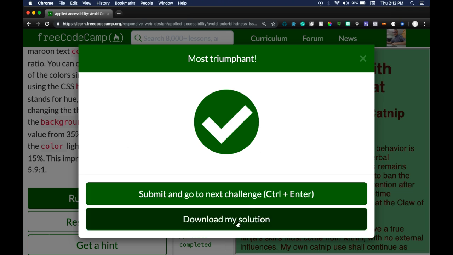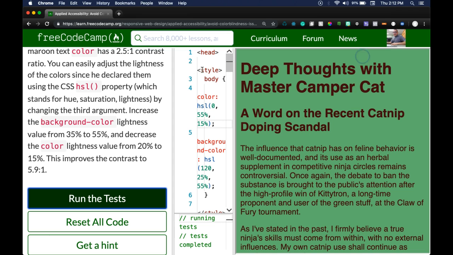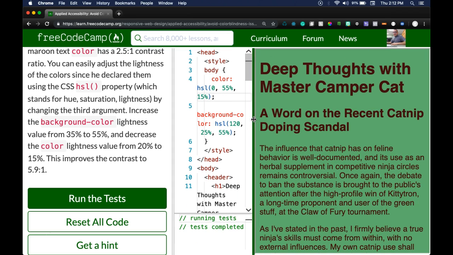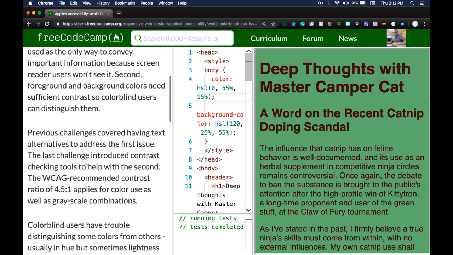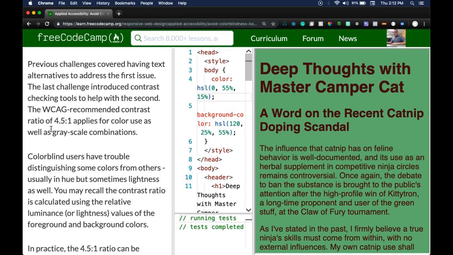And we did pass. Important. These last few lessons have really been improving color and visibility, and again here we're helping those who are colorblind. So as long as you guys are understanding that, really check out the last lesson and look at those ratios to see which ones are best when